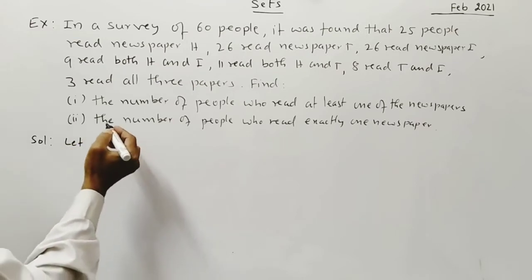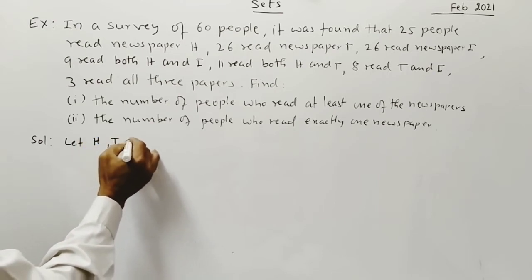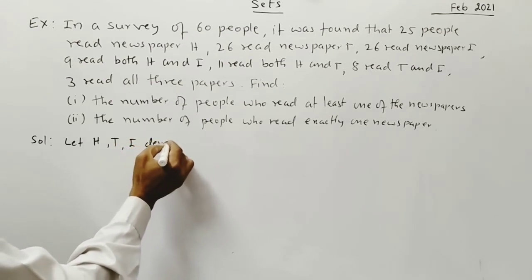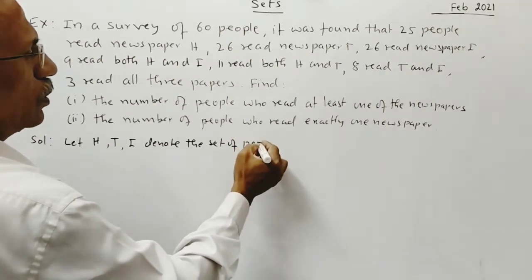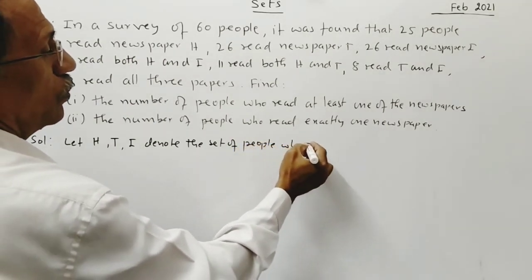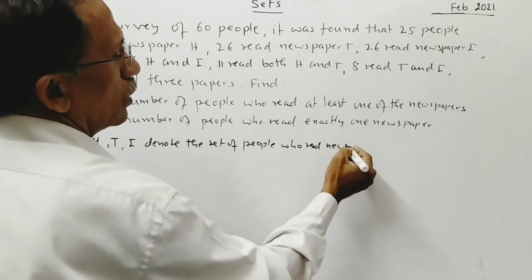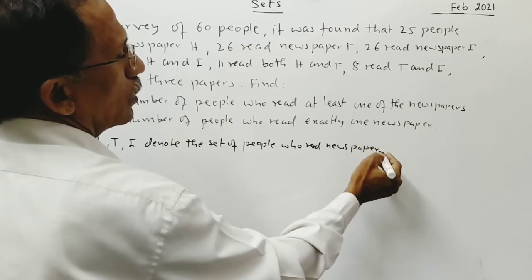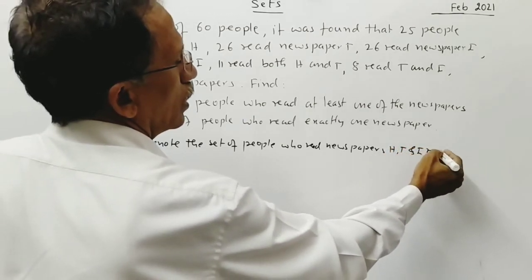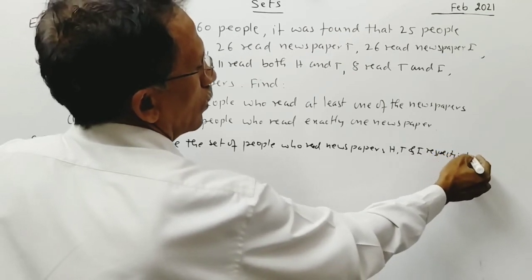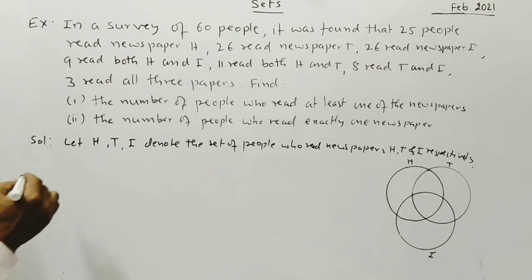Let H, T, I denote the set of people who read newspapers H, T and I respectively. Then